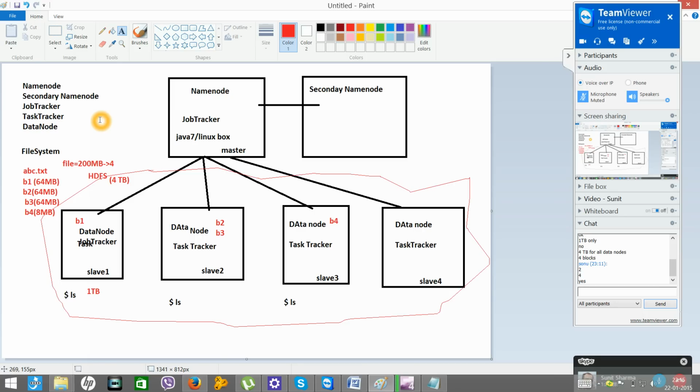Are you clear? So my conclusion is, whenever you're working with HDFS, do not worry about where the data is stored. I just gave you an example. Even I am not sure whether B1 will be stored here only or not. Whenever you give some data to Hadoop for storage, Hadoop will divide the data into parts, part 1, part 2, and so on, and this data may be stored anywhere in the cluster. Are you getting my point?